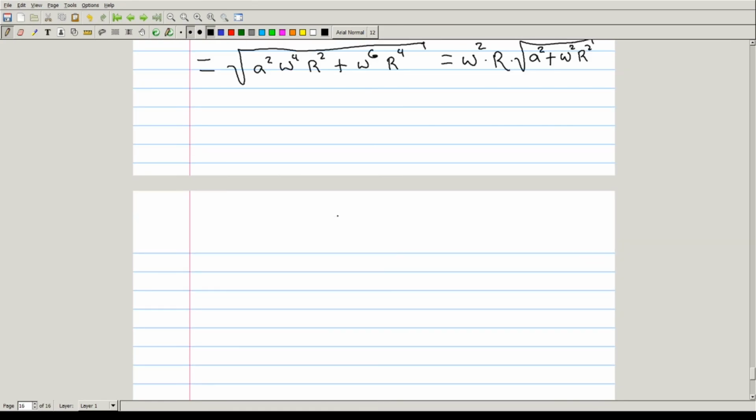And so, lo and behold, after a relatively long computation, we've stumbled upon the fact that the curvature is equal to the magnitude of the cross product of the velocity and acceleration, divided by the magnitude of the velocity cubed, which now we know for the helix is omega squared R times the quantity A squared plus omega R squared to the 1/2